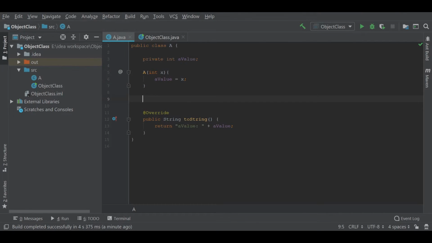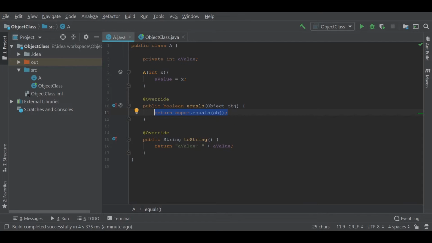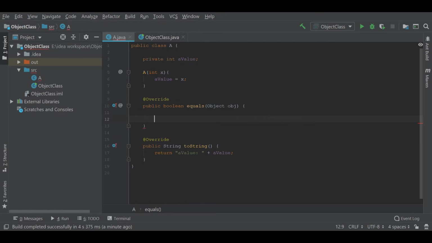To show the equals method, I have to override it. So typing equals, here is the method structure. Now I will be providing my own implementation here, which returns true if the objects are equal and false otherwise. So for me, the two objects are equal if their aValue matches. So if